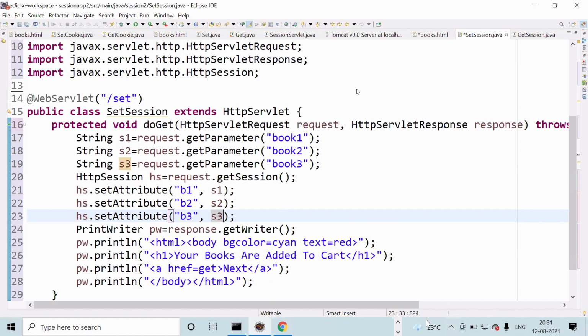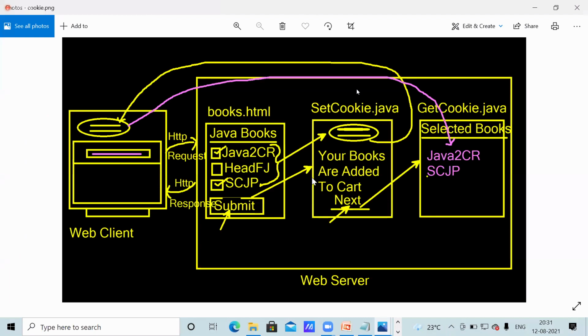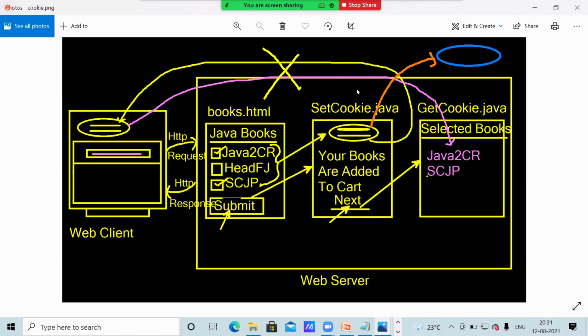Say in the diagram, what is happening is this information is stored in the server. That is only set attribute. Book 1 attribute, second book attribute, third book attribute created.